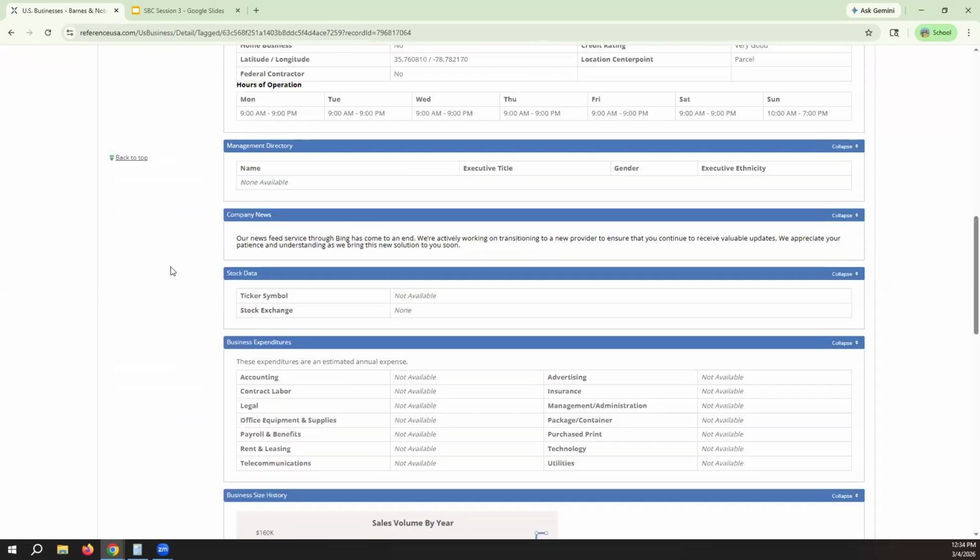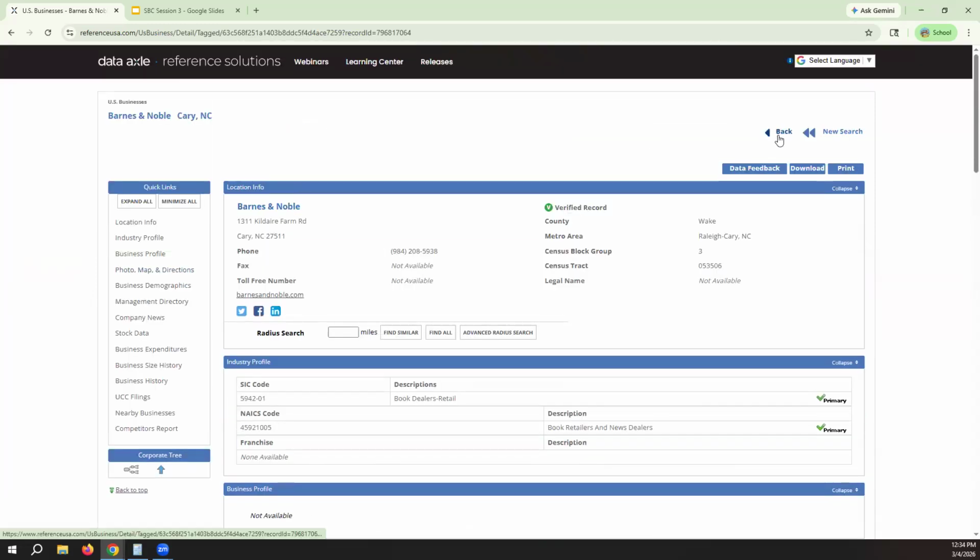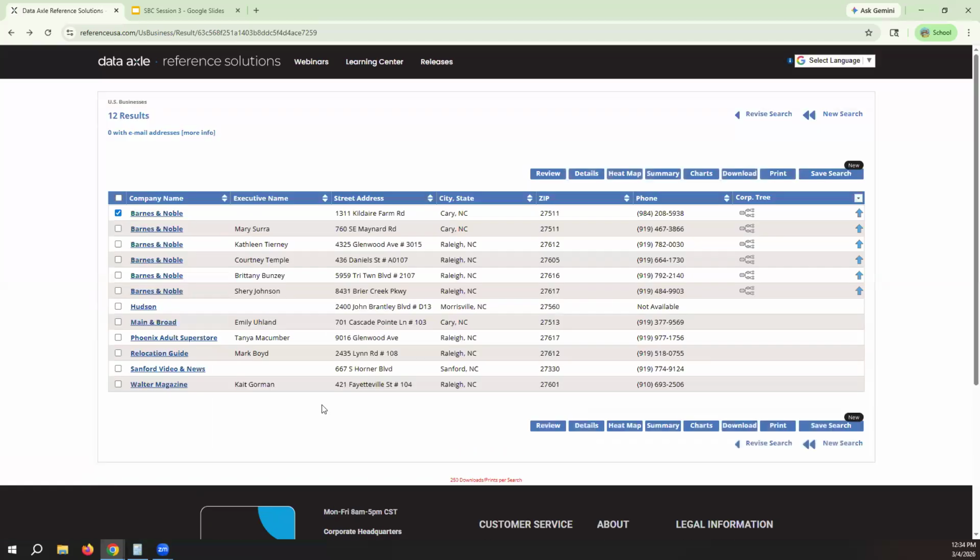Now, let me go back really quick. This is all publicly available information. I did want to point out one thing. This is a great example in this case. You'll notice here that there was only 2 years worth of data. And you might say, well, why is that? That doesn't really make a whole lot of sense. What can I do with that data?